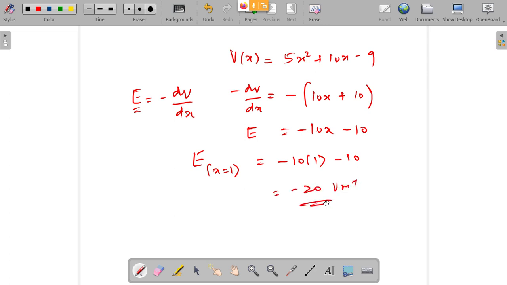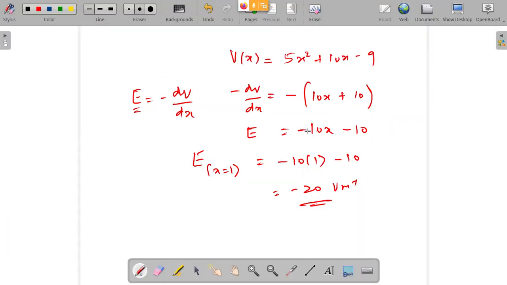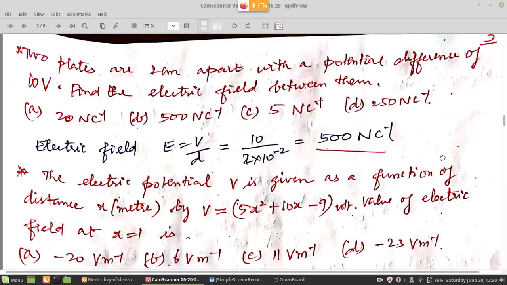This is how, when you are given a function, you can calculate electric field by differentiating the function with respect to the distance variable. Distance variable here is x. In some problems they will give both x and y also. That time you have to differentiate with respect to both x and y to get two components of the electric field. Here electric field has how many components? Only x. So electric field is in the direction of i. If you get two components, you will get both i and j vector. If they are giving three components, you will get i, j, k, all the three. This is how you can calculate electric field depending on the function of potential that is given.